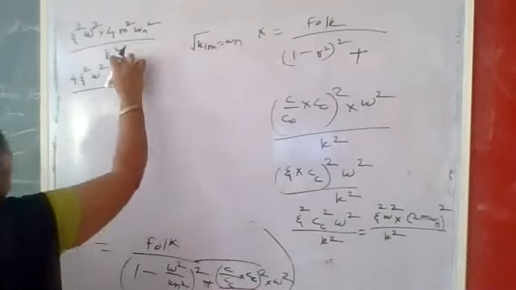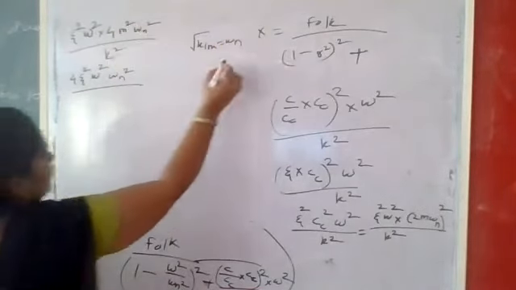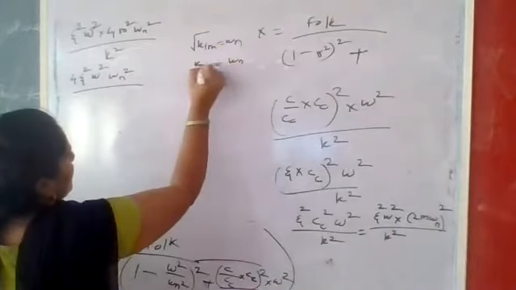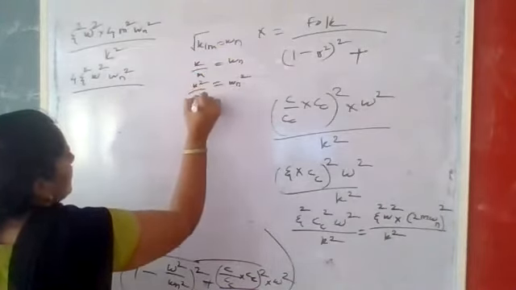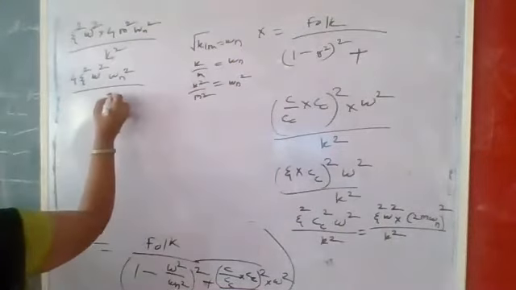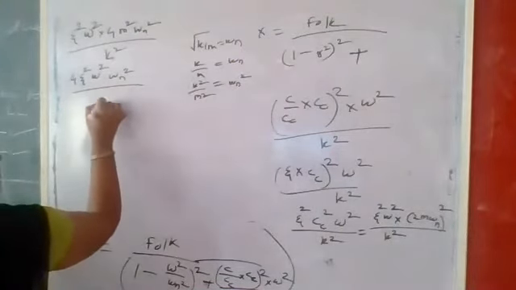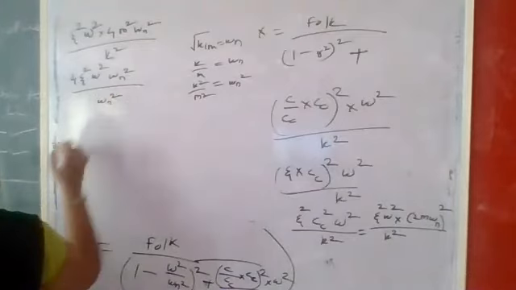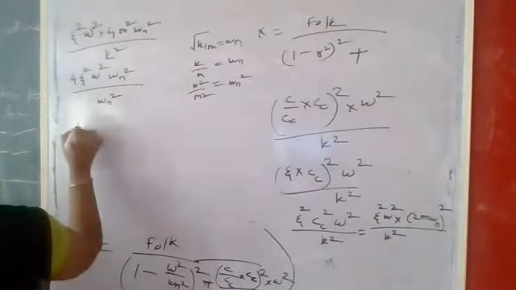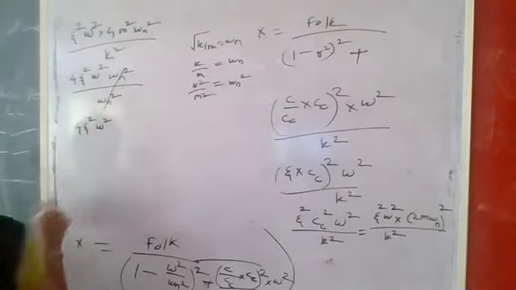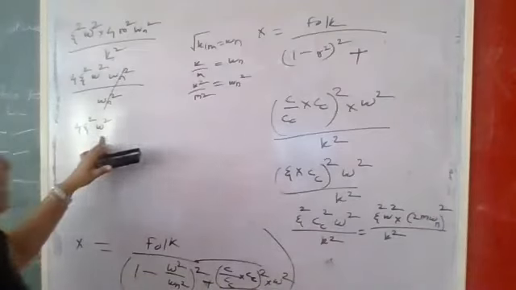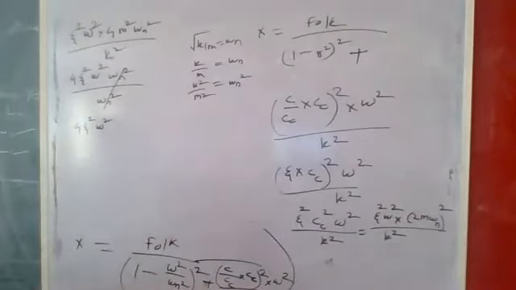So see here, k square and m square: if we take the square of k by m, what will happen? That is k square by m square. This value becomes omega n square. Okay, so what is the value? 4 zeta square omega square. Why is this value getting cancelled? There is a 4 zeta omega, that terminology will come over there. So we can write the same value.